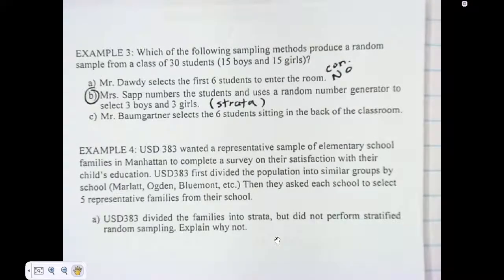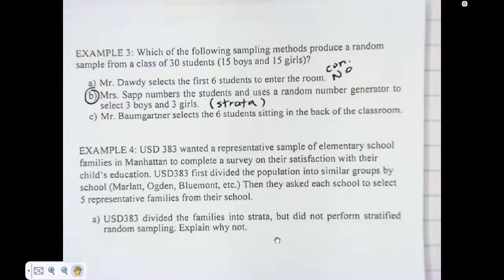Okay, and then example 4. It says USD 383 wants a representative sample of elementary school families in Manhattan to complete a survey on their satisfaction with their child's education. Okay, USD 383 first divide the population into similar groups by schools. They've got Marlette, Ogden, Bluemont, etc. Then they ask each school to select 5 representative families from their school. So, part A wants to know, USD 383 divided the families into strata, but did not perform a stratified random